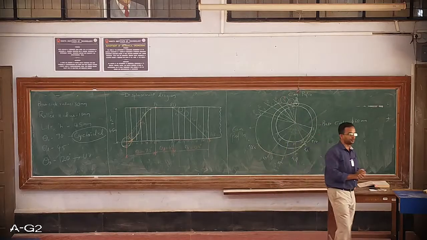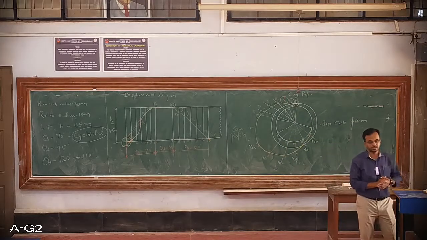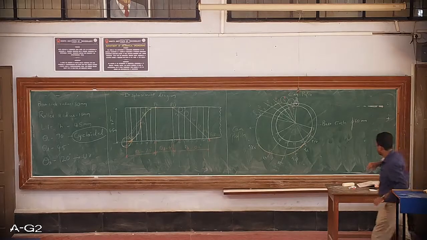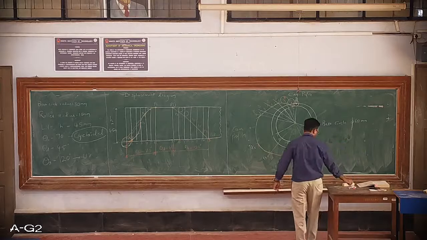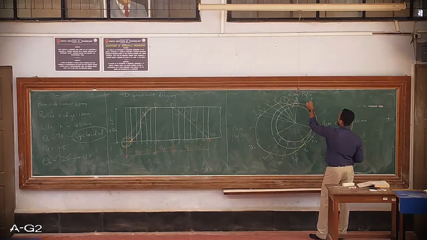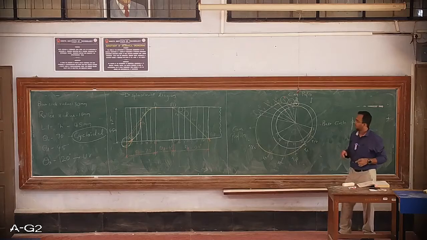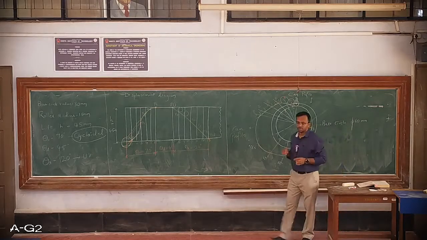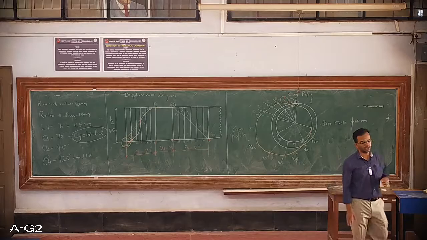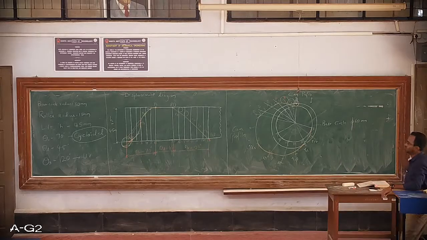Now only one more type of problem is remaining. In all the problems that we have done so far, the follower is reciprocating. The follower will keep moving up and down, that is, it reciprocates. I'll be taking up a problem wherein the follower will oscillate. So an oscillating follower has to be considered for solving the problem. That we will take up in the next class.